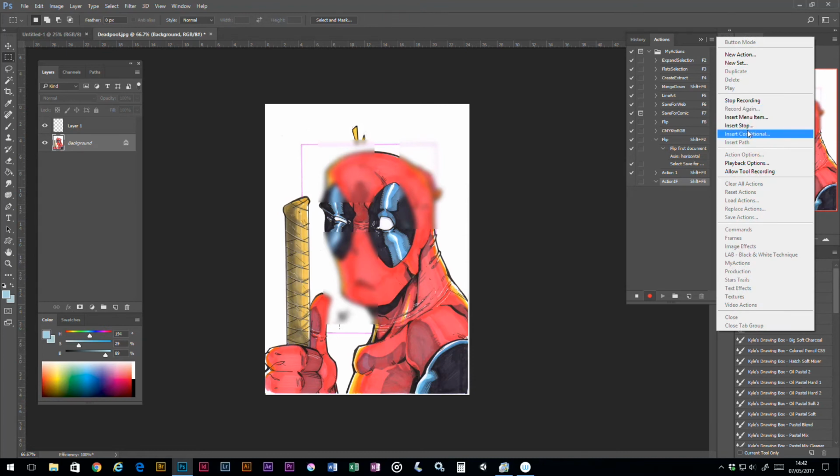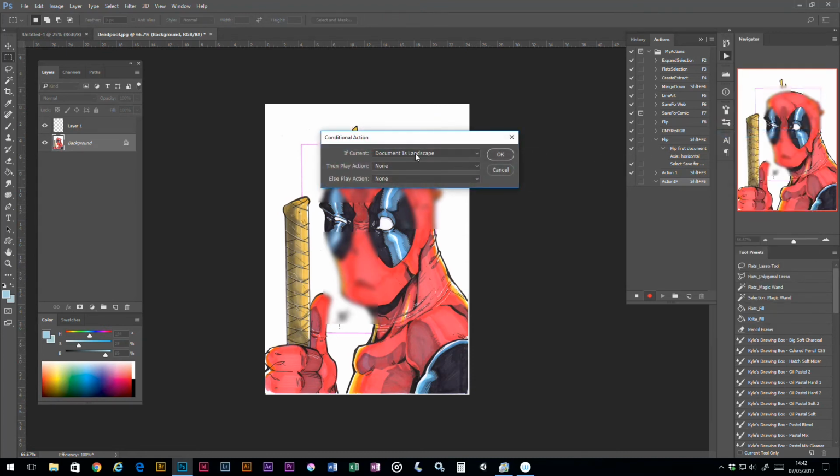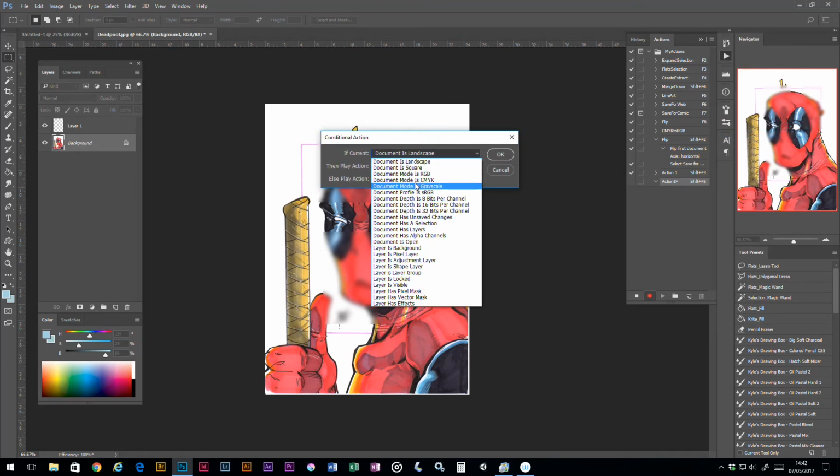And what I'll do is insert a conditional. And you've got all these options of what condition you're setting. These obviously all depend on what you're trying to achieve, and I'm just making you aware that you've got this capacity. So you've got things like if the document's landscape, if it's square, if the mode's RGB or CMYK,